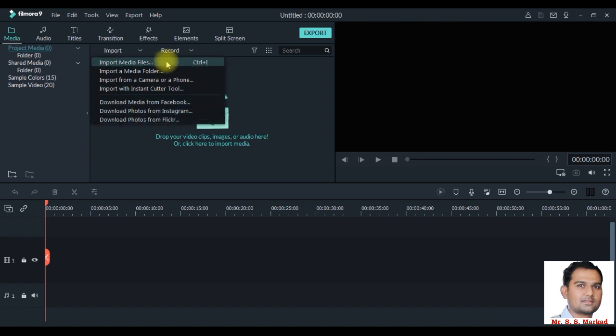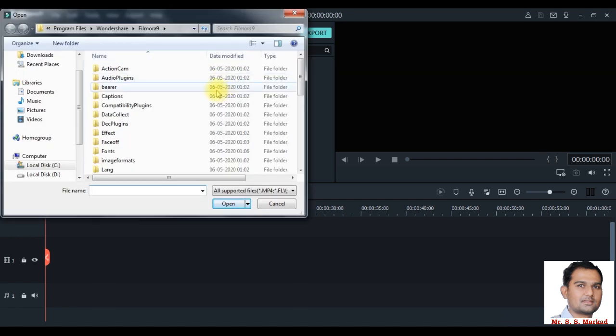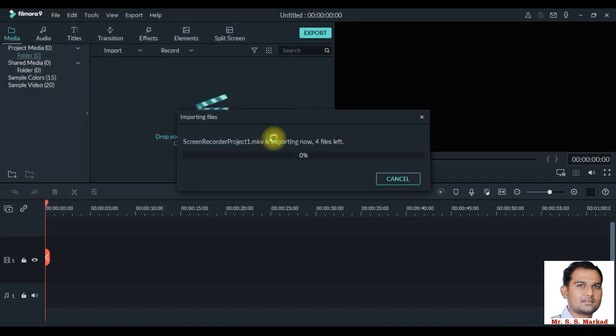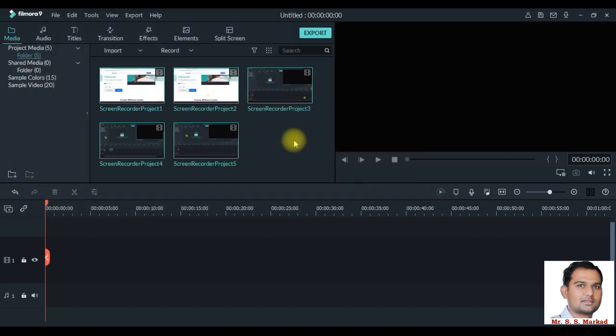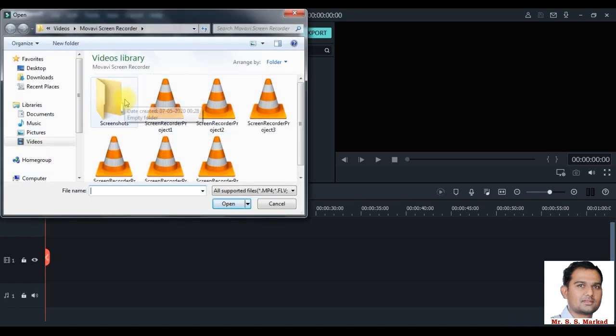To import media, we have to click Import Media or the Ctrl I button, which will redirect to the Windows Explorer. There we can select the location of the media files, and we can select the media file required for the editing, and those will be imported in the environment. Moreover, by clicking this button, media file, it will again redirect to the location of the media file.